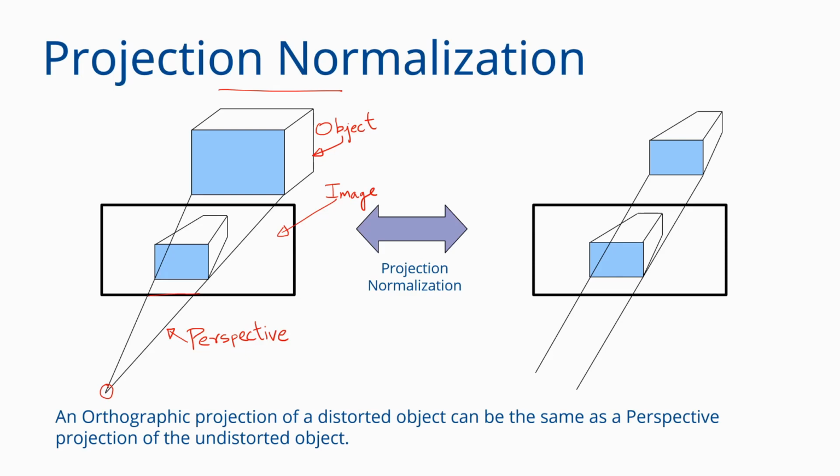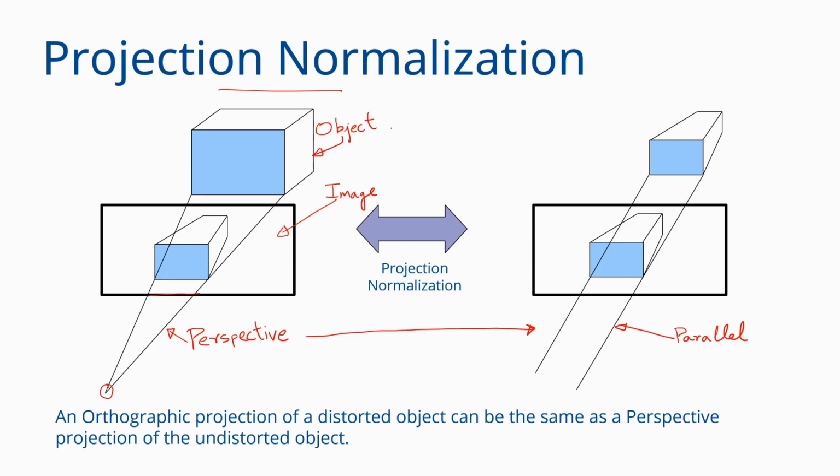Now, when your frustum becomes a cube, your projection is no longer perspective because the projectors are now parallel to each other. What you get is an orthographic projection. So this is the transform that I applied to the view frustum. I changed it from a perspective view frustum to an orthographic parallel projection view frustum.